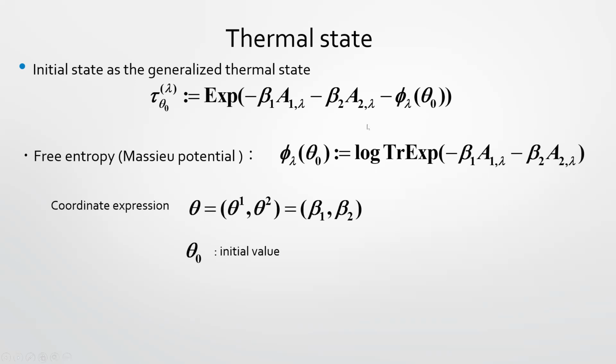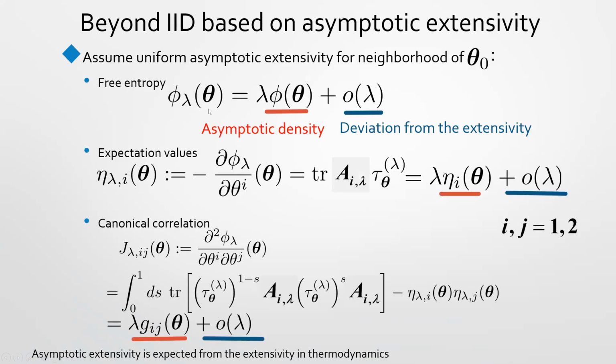So information spectrum. In your analysis, it is beyond the IID. So I thought that we can also use a kind of information spectrum method, right? I don't think so, because the information spectrum method is too general. In that situation, we don't have asymptotic extensivity. This is a very strong assumption.